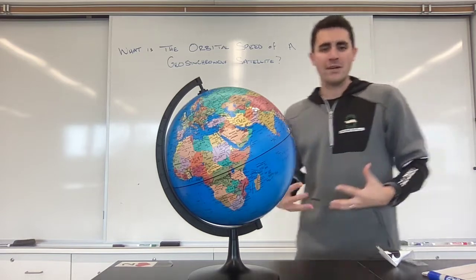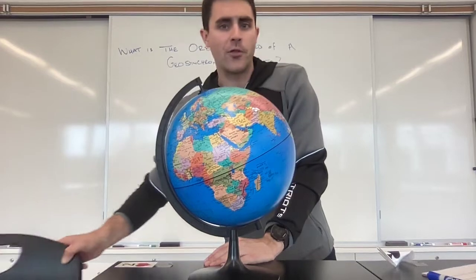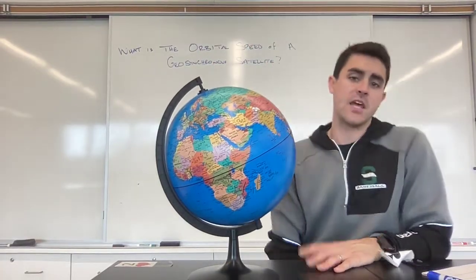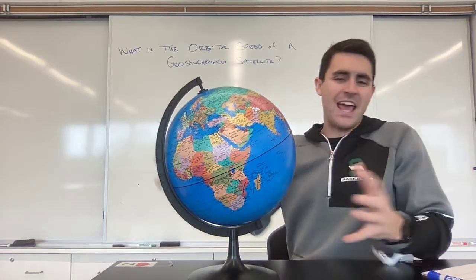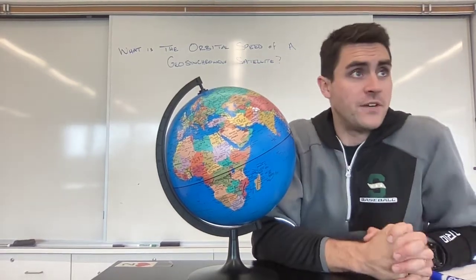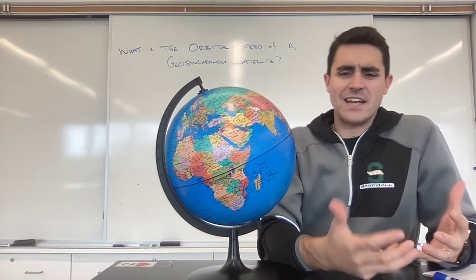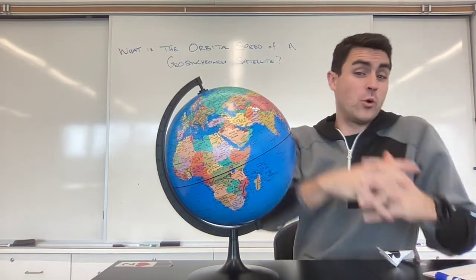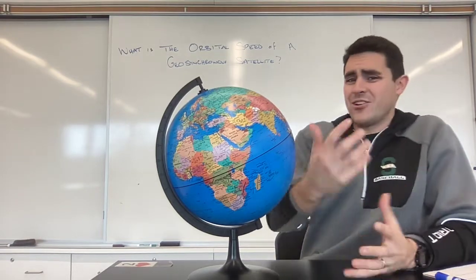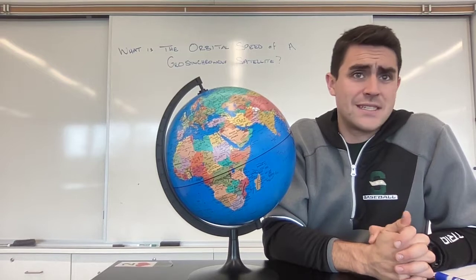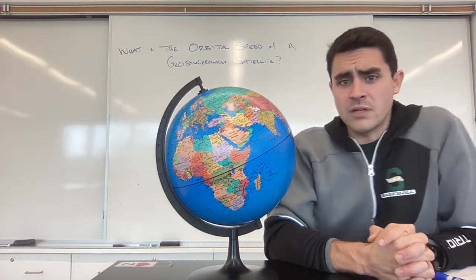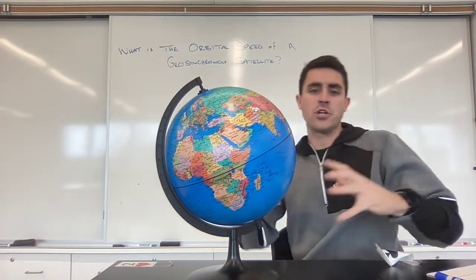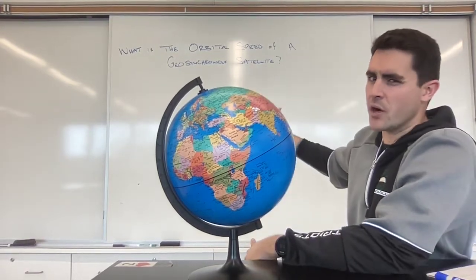Now, if we think about how we get something into orbit, we know we have to launch it from the Earth up into the orbit. We have to launch it with enough speed for it to leave the atmosphere, or at least get into the upper atmosphere, where there's less air. Air resistance is an actual part of physics and a real thing, so we have to make sure our satellites leave the lower atmosphere so that there's not so much drag force, so that these satellites can continue to orbit without losing a bunch of energy and crashing into our planet. So today we're talking about geosynchronous satellites, and our particular question we're going to try to answer today